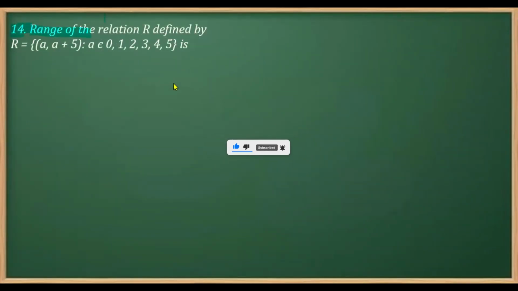In question 14, it says the range of the relation R defined by R is equal to (A, A plus 5), and these are the values of A. So let's obtain the range. In fact, I'll obtain the ordered pairs here, replacing A with 0, I'm getting 0, 5. The second ordered pair will be what? Replacing A with 1, it's coming as 1, 6. Same way I'll go for 2. So it's 2, 7, and